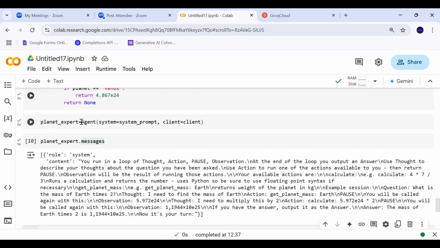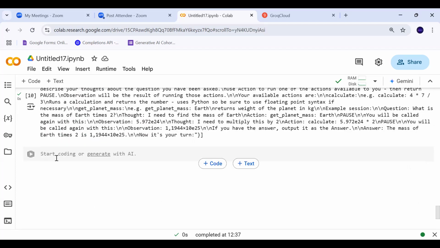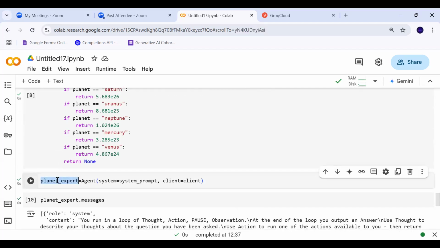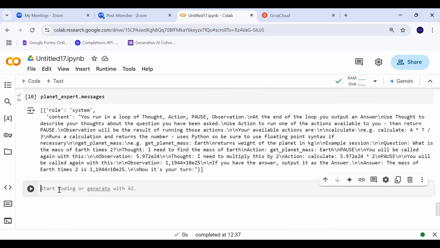Now this instance is ready, so I can use my agent to call it. When I call it like that, I'm actually calling the call function. My question is: what is the mass of the Earth times 10, let's say?